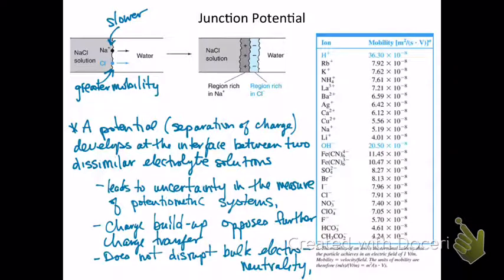It also, as you can imagine, would oppose further charge transfer through that boundary, since we're going to be creating a positive partial charge on the left side. Any more chloride ions that approach from the sodium chloride solution on the left are going to have a difficult time making it through and into the water. So we can see a slowing of the transfer of charge as a result of the junction potential buildup. But it does not disrupt bulk electroneutrality, since it's just a small region that only exists a couple of nanometers on either side of